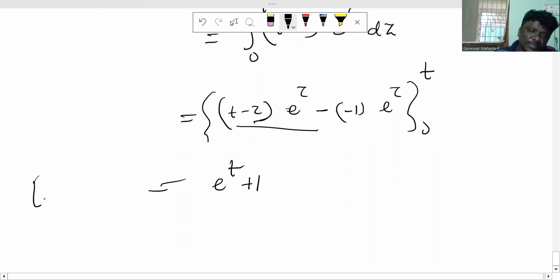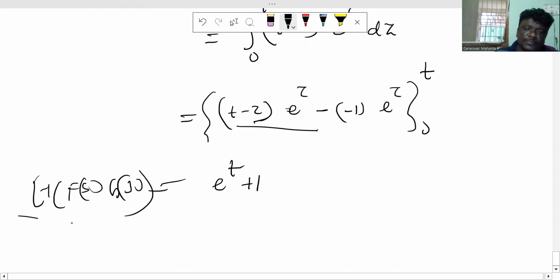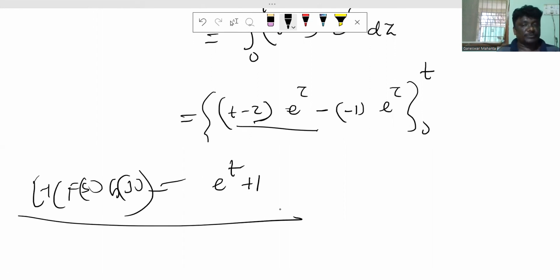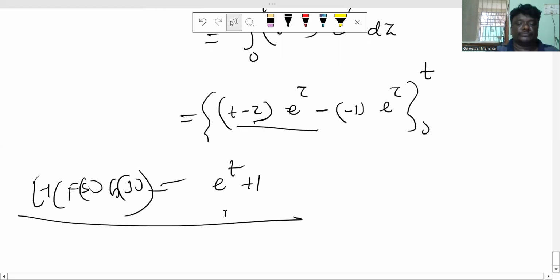So this is the inverse Laplace of F(s) into G(s). So this is your convolution statement, and whatever we have defined here, like this process, you can complete this convolution process also. Okay, just you can see these questions. First of all,